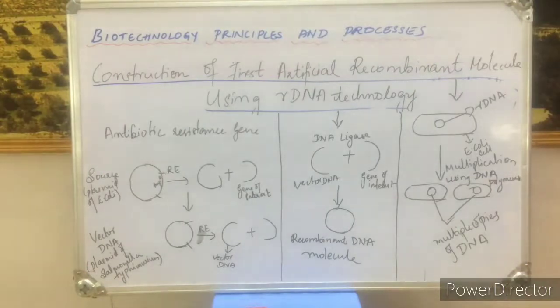So what is the definition of the recombinant DNA molecule? Recombinant DNA molecule is nothing but when a vector DNA linked with the gene of interest, together it is going to form a new combination of DNA known as recombinant DNA. Now we have the recombinant DNA. We have to introduce this recombinant DNA into the host cell, and that particular part is known as gene transfer.